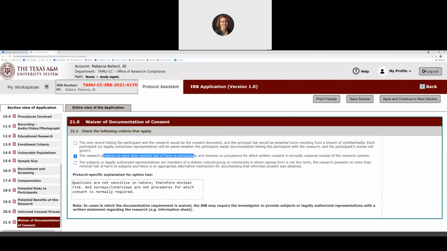Okay, my survey questions are not sensitive, therefore it's minimal risk. And involves no procedures which outside of research would require consent. Okay, if I'm just doing a survey and interview, I can walk up in the middle of the spine and start asking people questions. They can think I'm crazy and walk away from me, but I wouldn't have to get